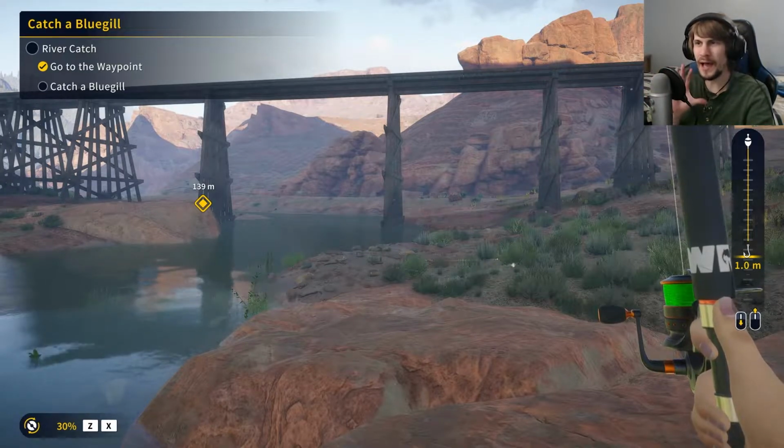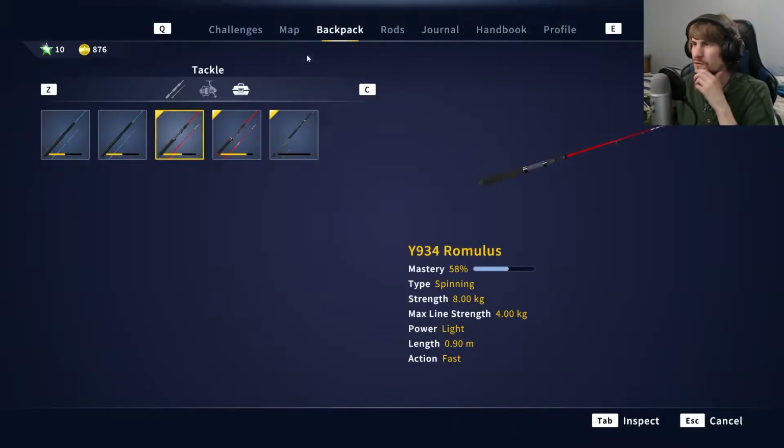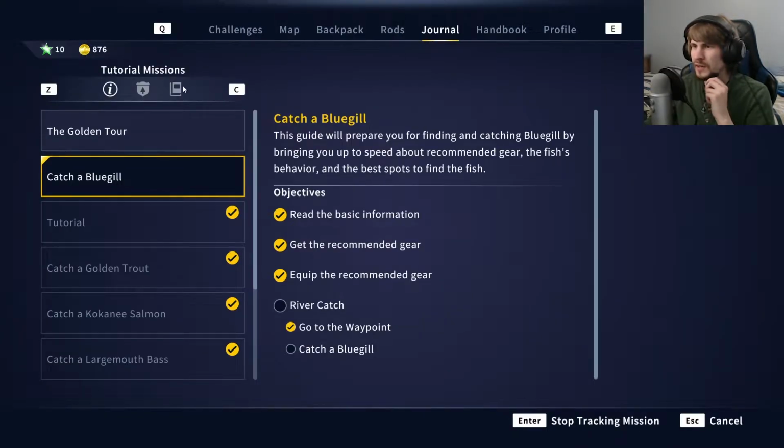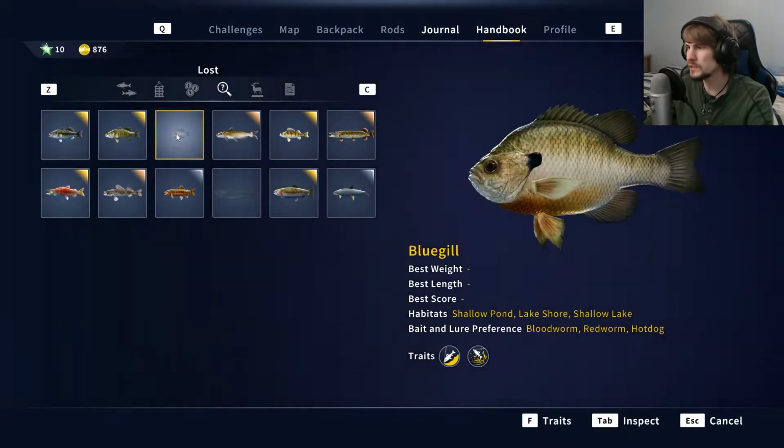So last episode, I haven't had much luck getting a Blue Gill, but there's something I want to check right at the start of this episode. Like, if I go back into the game guide here and talk... Okay, see, it says hook size 7 for your spin tackle, but it doesn't say what hook size it should be for your float tackle. And I don't know if I go looking here...